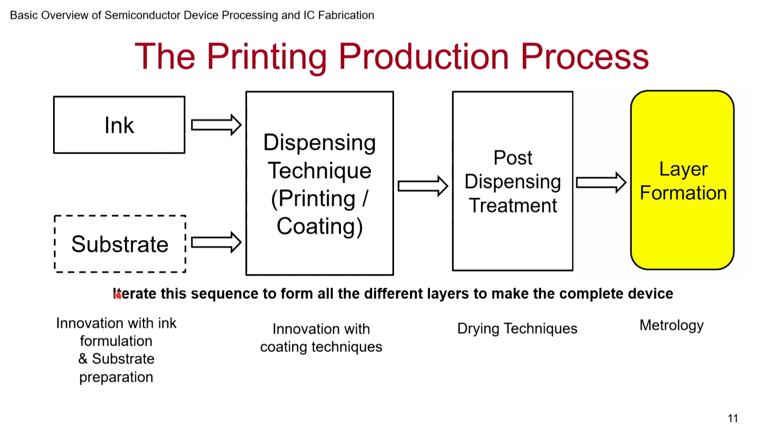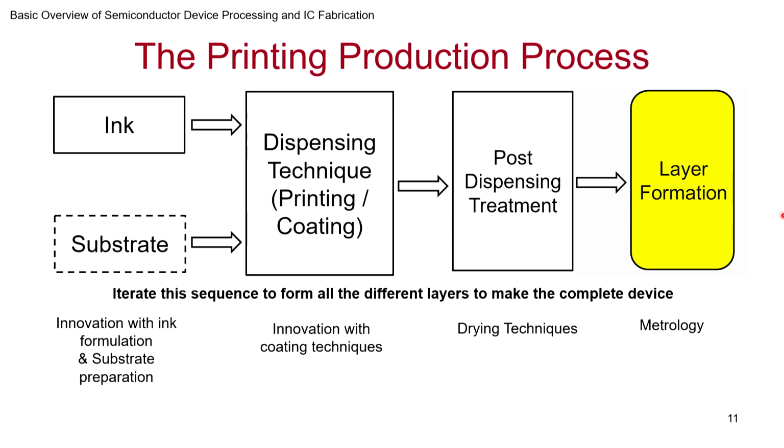As we saw even in silicon, the cleaning of the substrate, which we discussed in the etch unit process, is very critical. So similarly, the substrate also has to be prepared. Sometimes you may have to expose it to a plasma so that films can adhere to it better. Then there's a lot of innovation in the coating methods, and this is what probably we see. The printers is what we see, even in just our regular printing, even in electronics, the printers is what we often talk about. And then post dispensing also is a very important aspect.